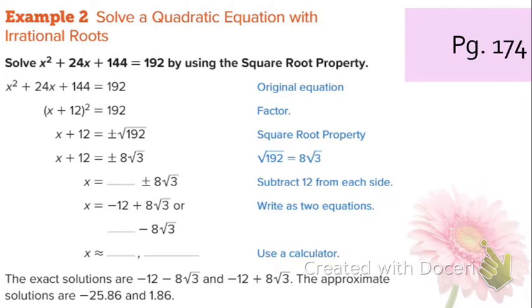Okay, so now let's look at example 2 on page 174. So we're still going to do the square root property, except now this means that the answer is going to be a decimal. It's not going to be a whole number. So again,